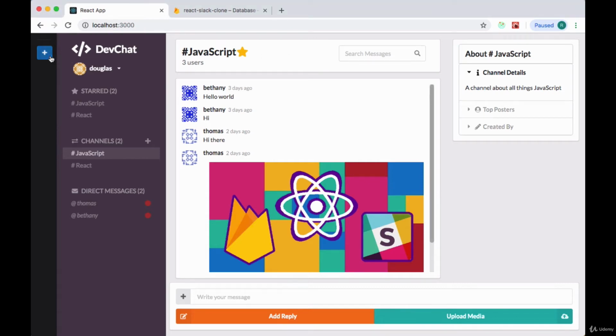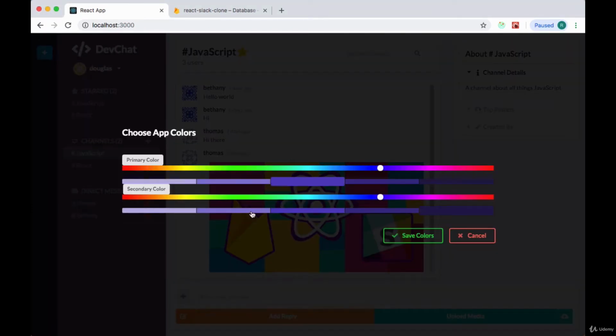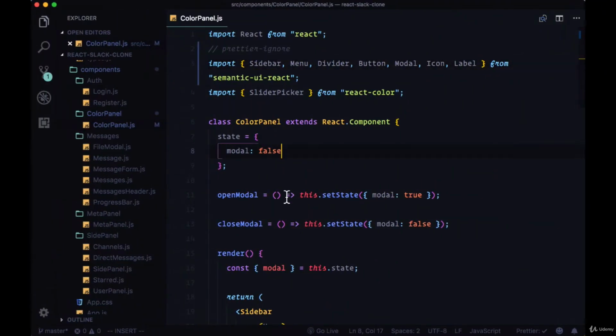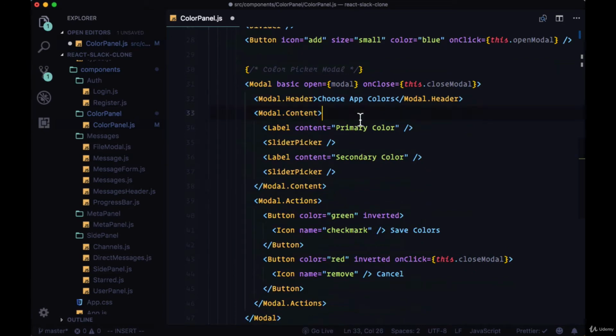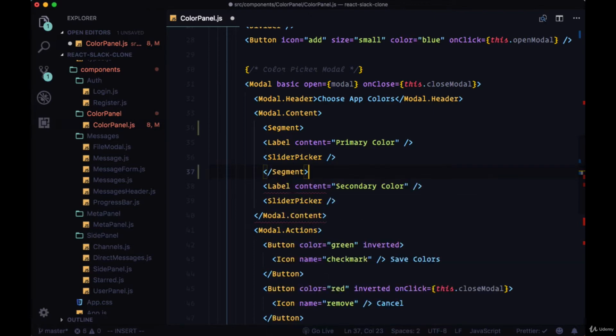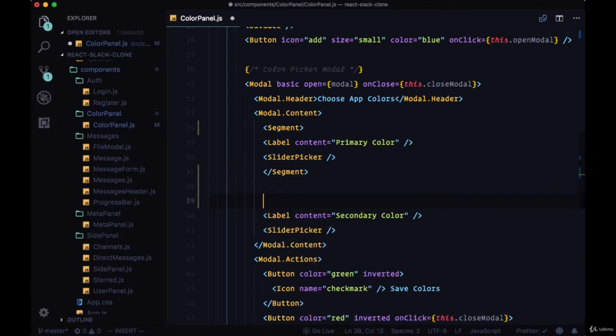Now, when we click on the color picker modal, we want to be able to choose a color and then hit Save Colors to create a new option within our color panel for the colors of our app. So within the color panel component, we'll bring in the segment component. We want to use this to wrap both of our labels and slider pickers for primary color and secondary color